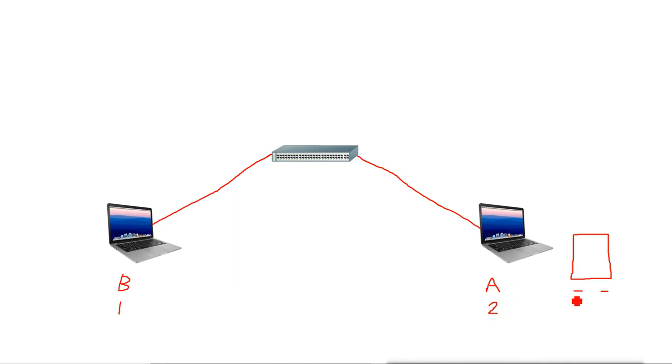So they have all the names here. It will say A means the IP is 2 and B means IP 1, and this machine also has the same host file, and in the host file it has also written that A means this IP and B means this IP.